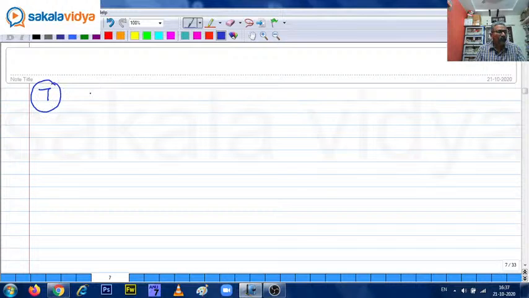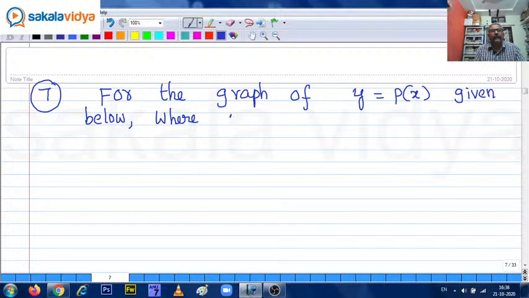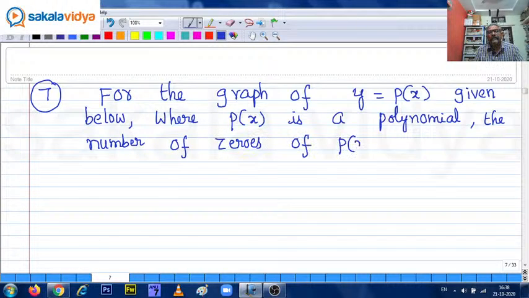Seventh question. For the graph of y is equal to p of x given below, where p of x is a polynomial, the number of zeros of p of x is